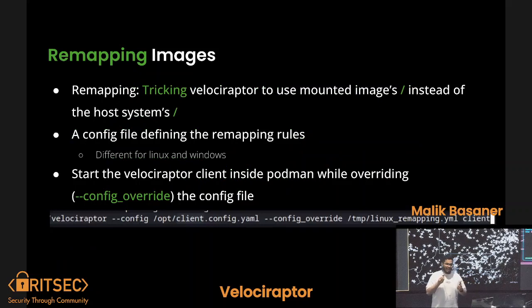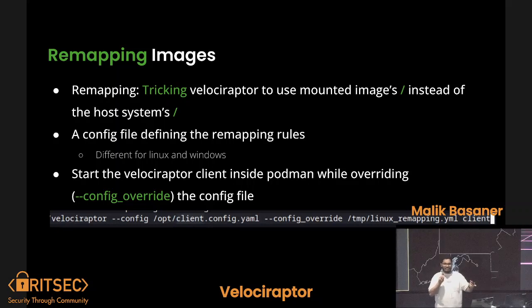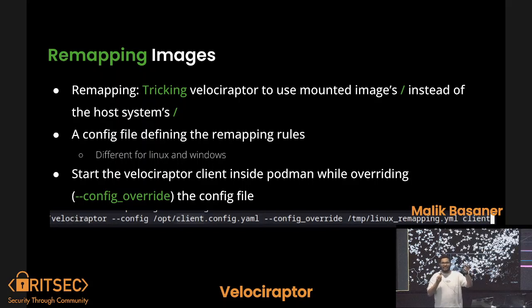So remapping the images. What does remapping mean? So now we mounted the dead disk image to a podman container, but Velociraptor commands are still being run on the container itself, in the container's file system, not the dead disk. So you have dead disk B that has user Malik, and the actual system disk has a user called ops. When I run the Velociraptor command, give me all the users, it will give me the ops user, it will not give me Malik, while Malik is the user of interest that I would like to analyze further.